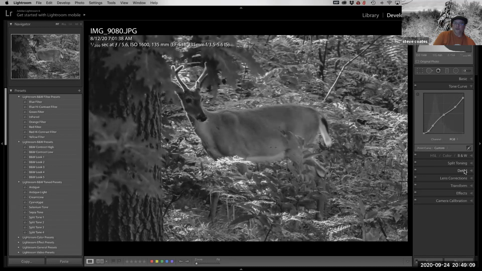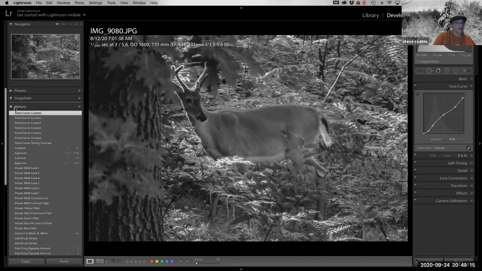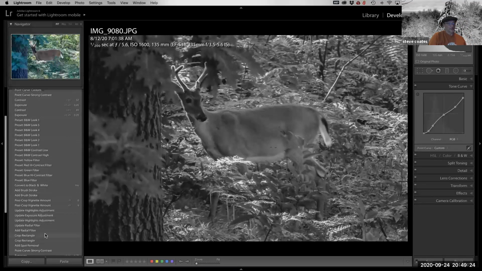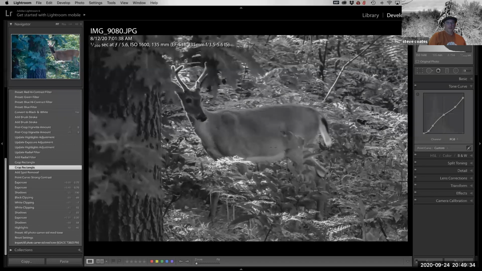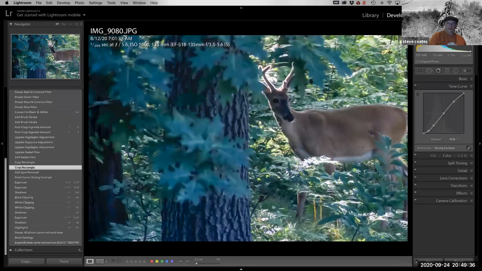Say you did a whole bunch of stuff and you want to go back in history, you can do that. I'm going to turn presets off here, close that window out. Here's your history. You can go all the way back to anything really that's in this history, all the way back to import. But the thing is, if you go back to a point and you start changing stuff,